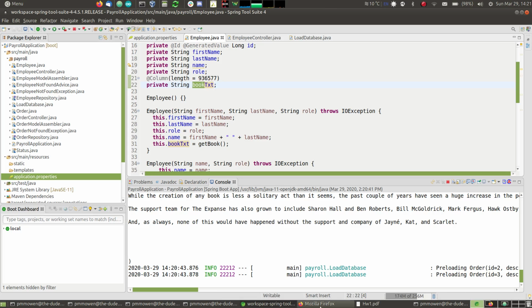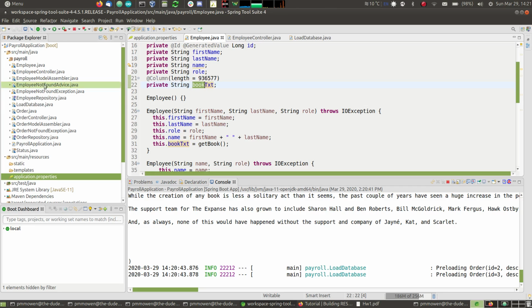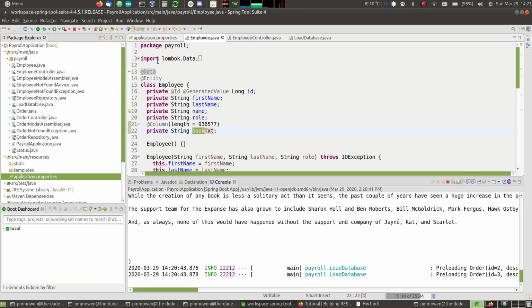So I followed the tutorial that the professor suggested from Spring on building REST services with Spring and built their simple payroll application in the Spring Tool Suite. I updated the employee class though to include a new data member called booktext and updated the database